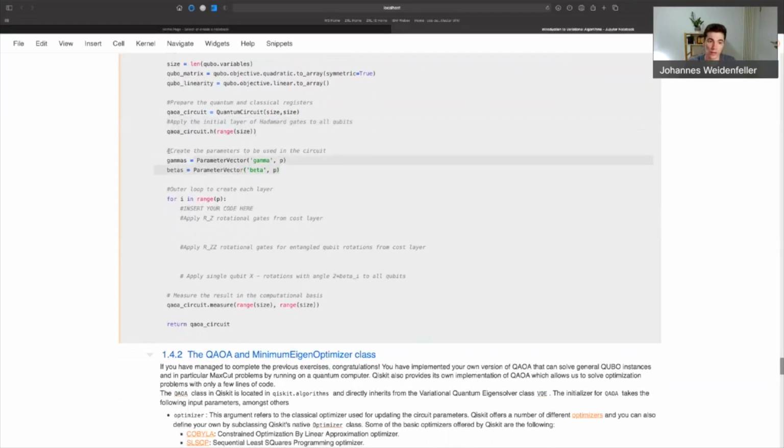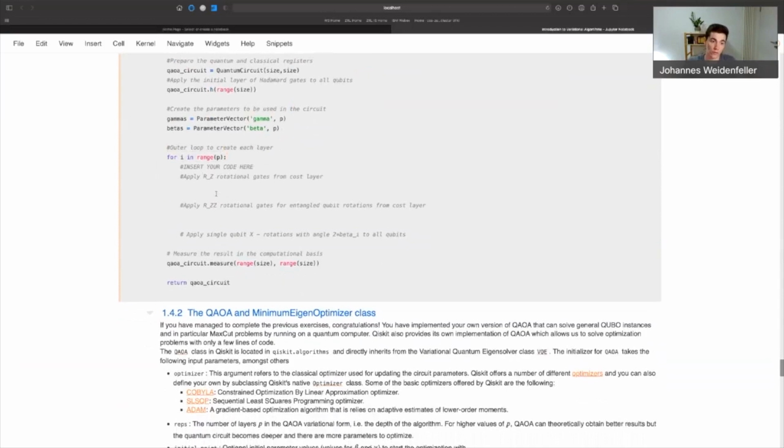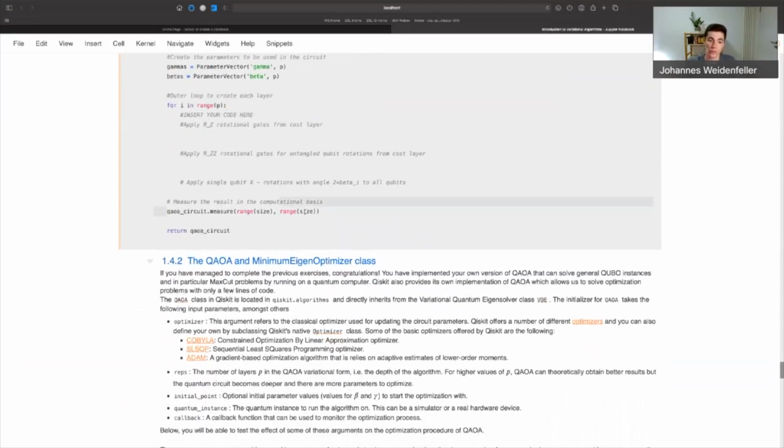We then create the parameters that we are going to use in the circuit, and this is where your code is supposed to come in. So we've already created this outer loop to create each individual QAOA layer, but you are going to have to insert the code where we actually apply the cost and mixer layers here. Right, and at the end, we measure the output and we return the corresponding quantum circuit.